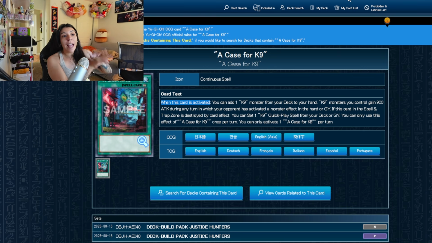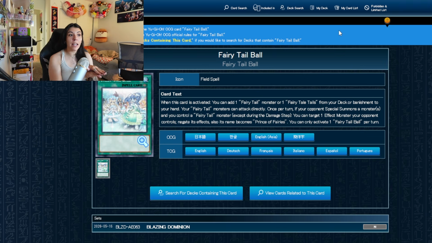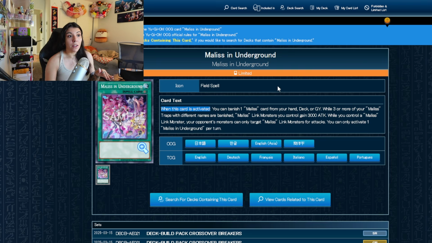That when this card is activated, if for some reason this card does not remain on the field, if Fairy Tale Ball, when this card is activated, does not remain on the field at resolution, if Underground does not remain on the field at resolution, then the effect does not go through. Another important thing about when this card is activated, specifically field spells: if the activation is negated, the card is destroyed. So Malice and Underground,